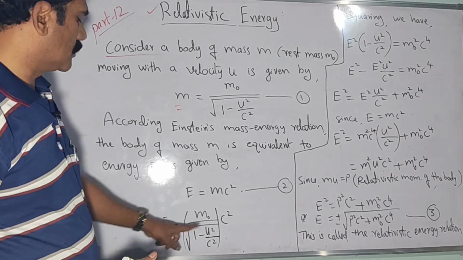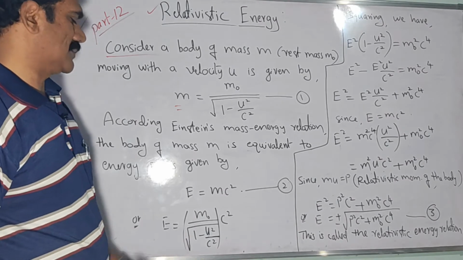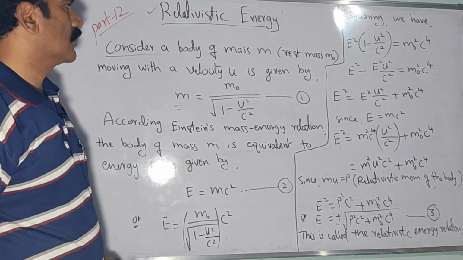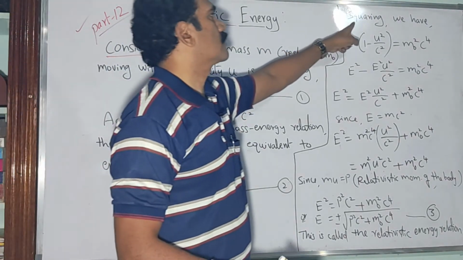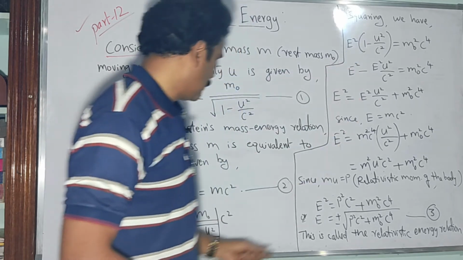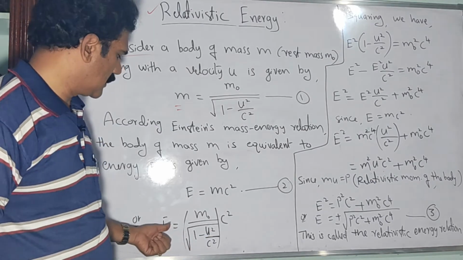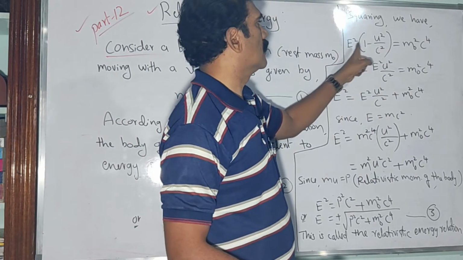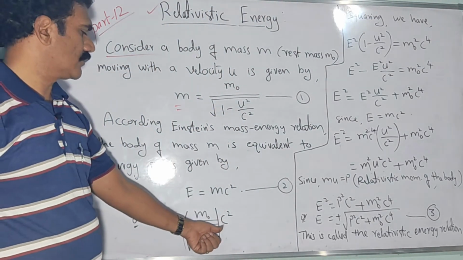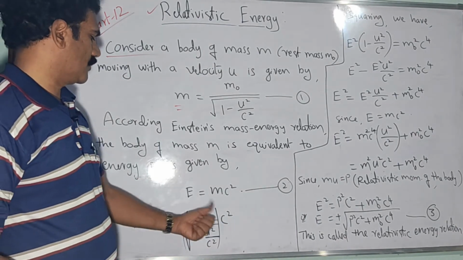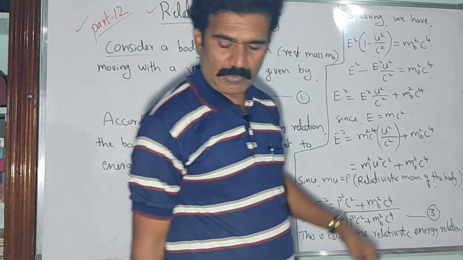I will take squaring on both sides. Once you take squaring on both sides, this will become E square, and in the denominator the square root cancels, left with only 1 minus u square by c square. It will be easy for you to simplify if you take the cross multiplication. That is what I am doing here. We have E square into the denominator part 1 minus u square by c square, so 1 minus u square by c square is taken to the left side, that is 1 minus u square by c square into E square. The right hand side is left with m naught square into c square, which becomes c to the power of 4 after squaring on both sides. So that is what I am writing here, m naught square into c to the power of 4.